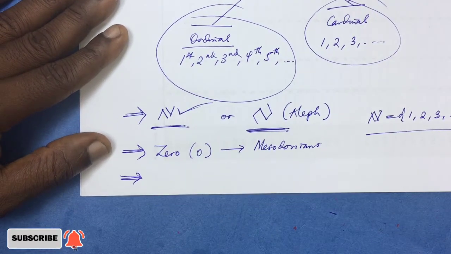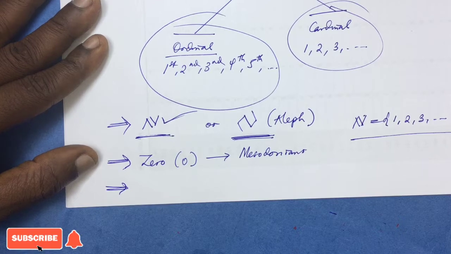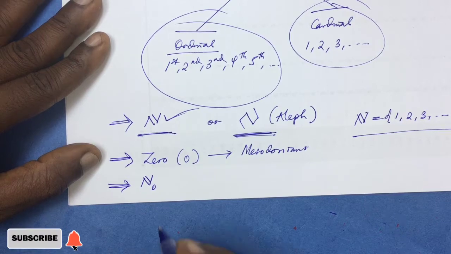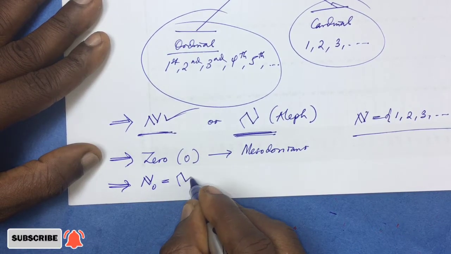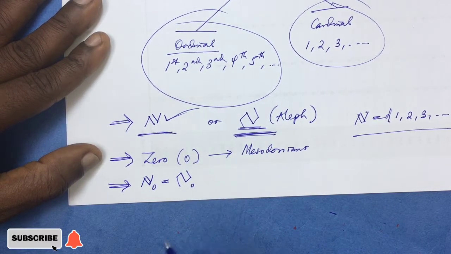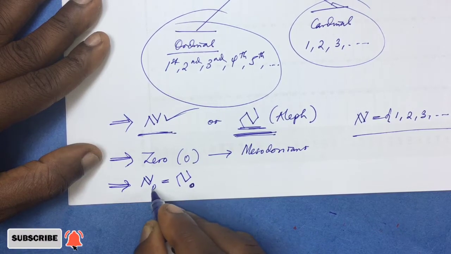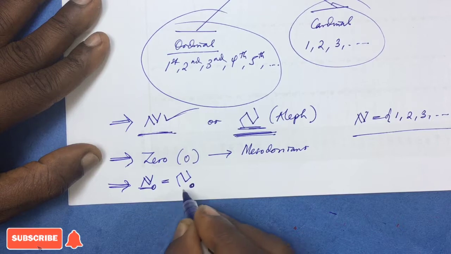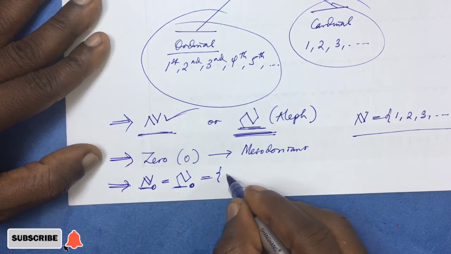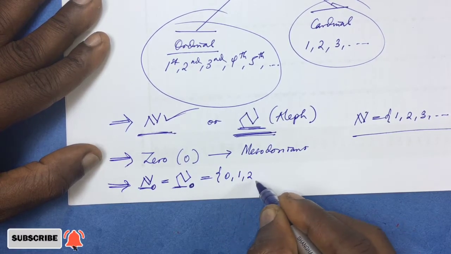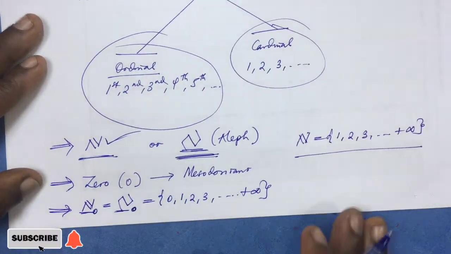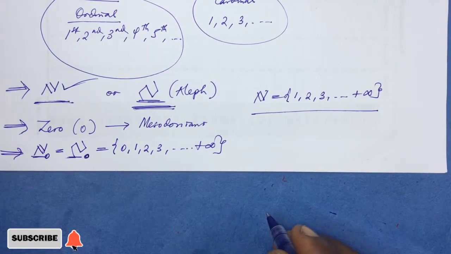But because some group of mathematicians believe that 0 should be a natural number, in that case, for those who believe that 0 should be a natural number, they use this symbol or what is called Aleph null. So if this symbol is called Aleph, those group of mathematicians who believe that 0 should be a natural number actually put 0 as a subscript to this symbol that represents natural numbers, or Aleph that also represents natural numbers. And in that case, they write their natural number system as beginning from 0, going through 1, 2, 3, down to positive infinity. But there is another group of mathematicians that believe that natural numbers should not begin from 0,